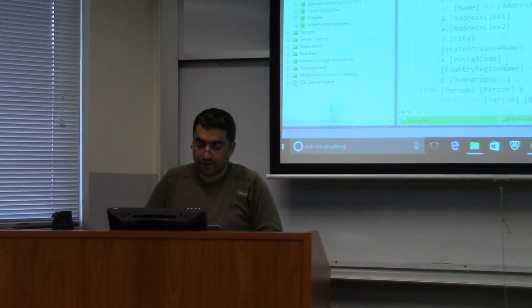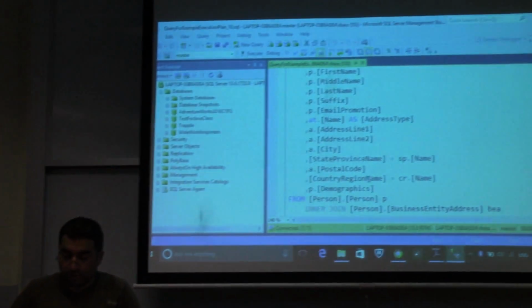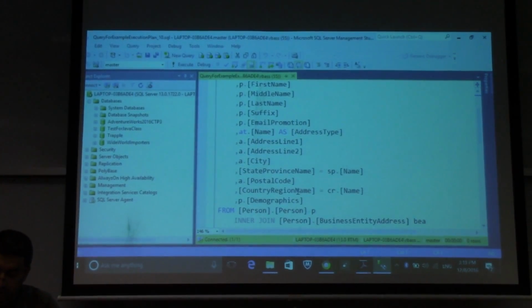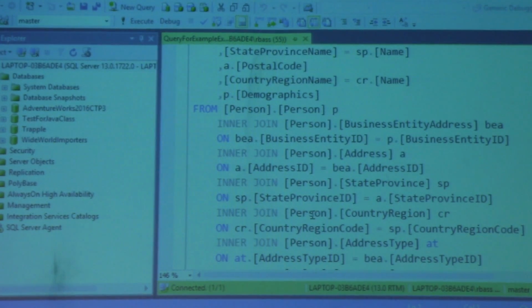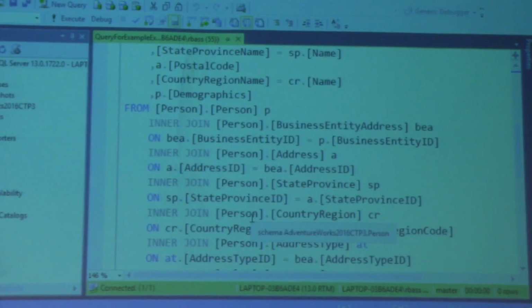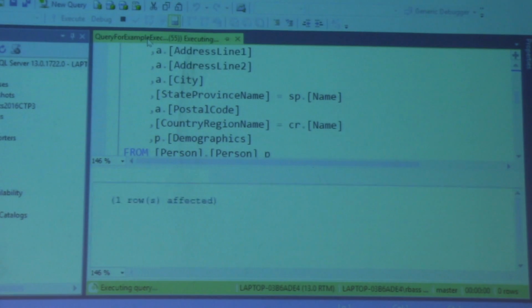What tables are involved: person, pension, address, and also demographic. The person and address tables are involved, and the state table and other tables are involved, or just state, province, and also country, region tables. Okay, if I execute this query,